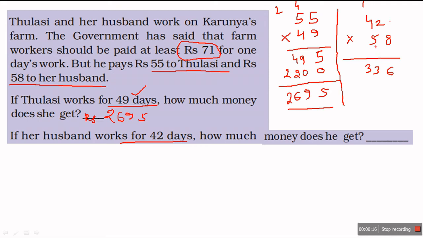Now I will multiply with 50. So multiplying for 50, I will put 0 here. Now 5. 5 2s are 10. 1. 5 4s are 20 and 1, 21. So 6, 3, 4, 2. 2436. So her husband is getting